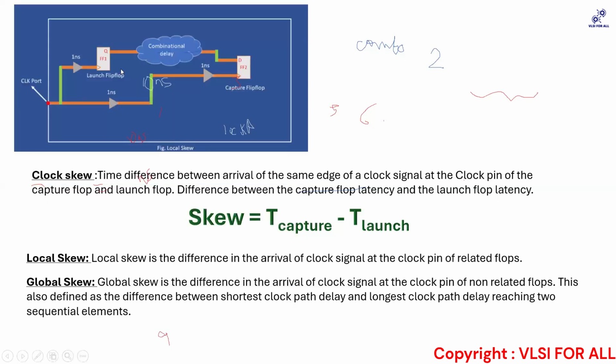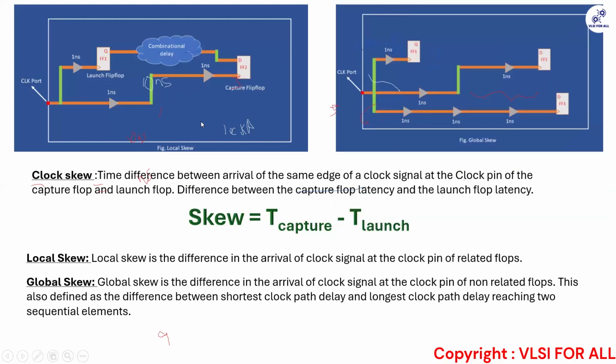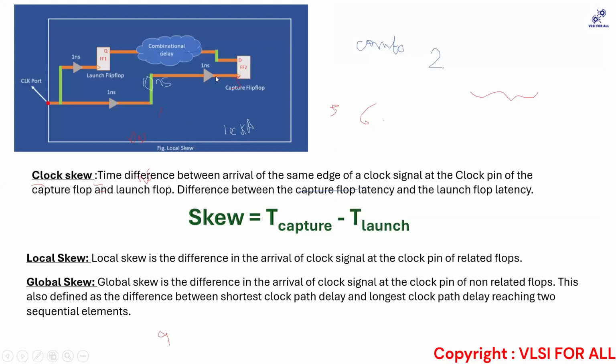for example, this is the clock port of my design. Let's say this is clock A and it is reaching flop 1. There is a capture flop, flop 2. Now, if you have to calculate the local skew,